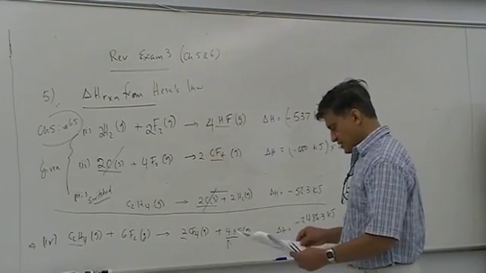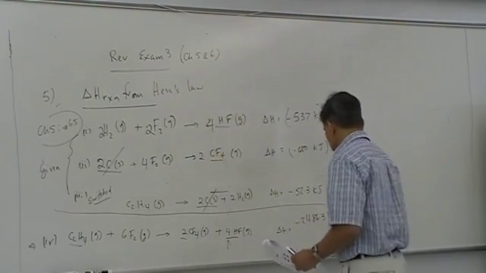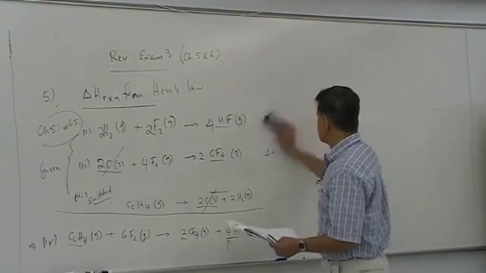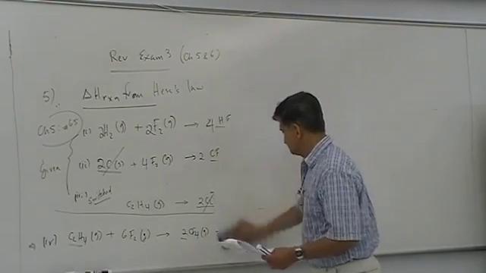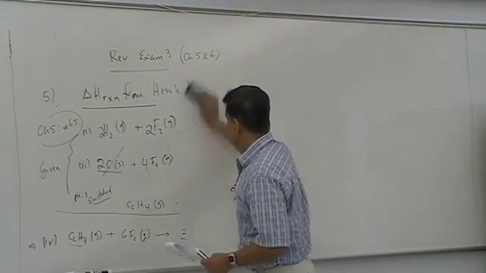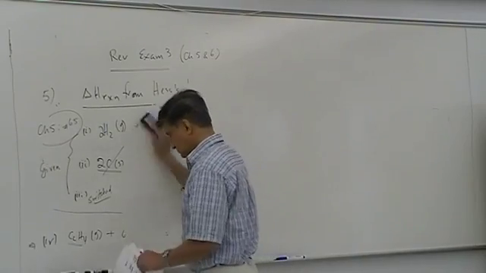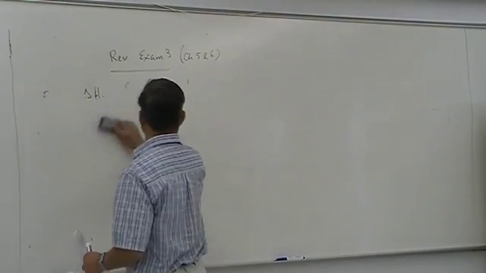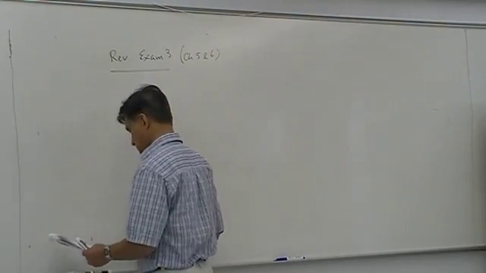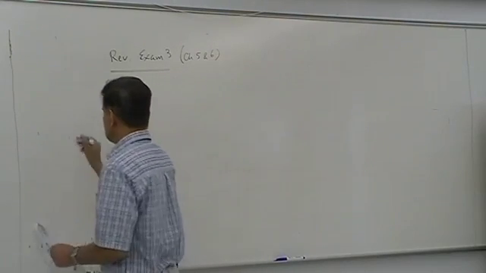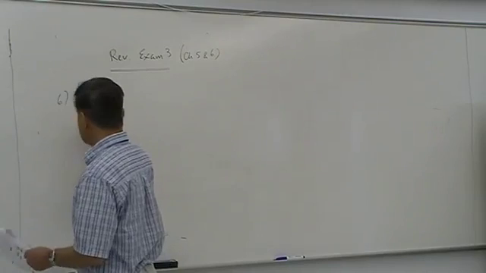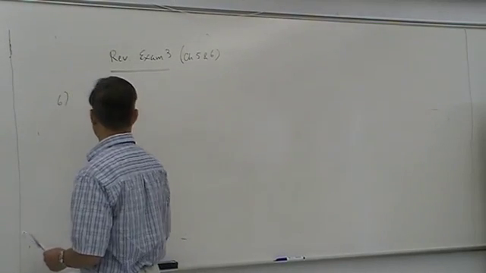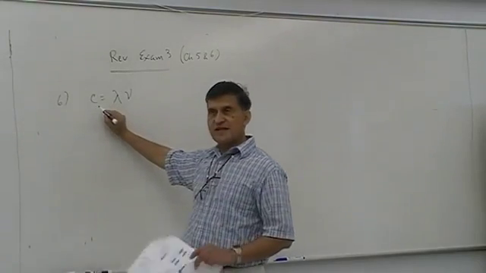Okay, next type of problem is coming from chapter 6. A simple application of c equals lambda times frequency. This is the velocity of light,